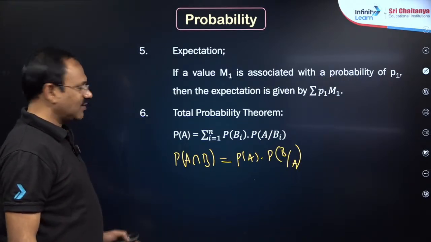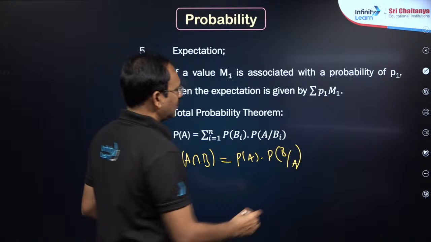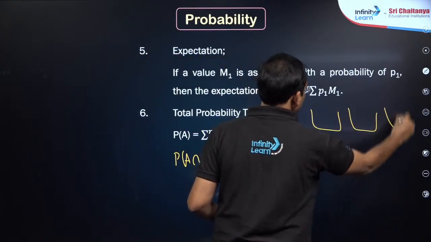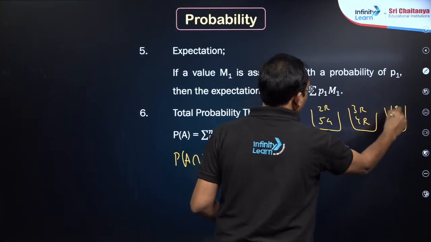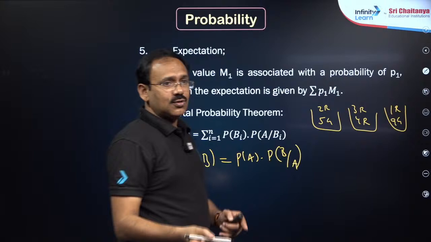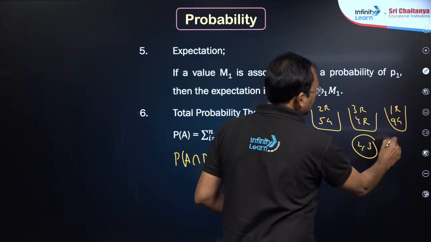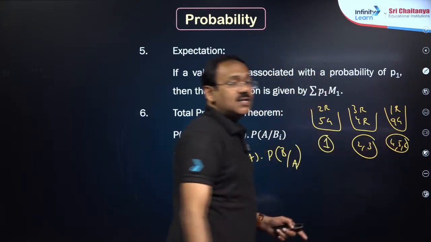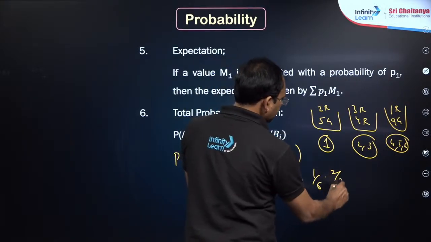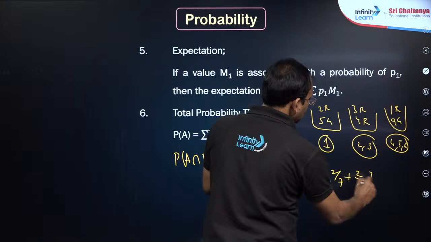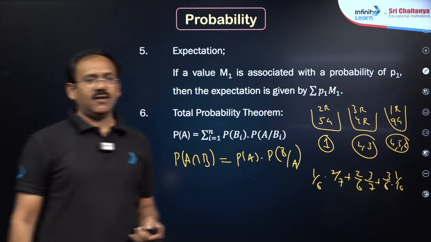Okay, so this is the one, conditional probability. Then my dear friends, total probability and Bayes theorem will be important. So suppose there are 3 bags here, 2 red 5 green, 3 red 4 green, 1 red 9 green. A die is thrown. If 1 appears, you will take from the first bag, 2 or 3 appears, the second, 4, 5, 6 the third. What is the probability of getting a red ball? The chance to get the first is 1 by 6, 2 out of 7, this is 2 by 6, this is 3 out of 7, this is 3 by 6 into 1 out of 10. This is total probability, my dear friends.